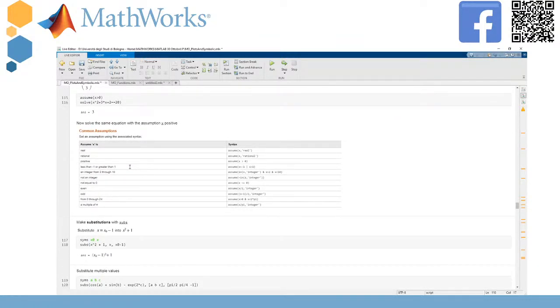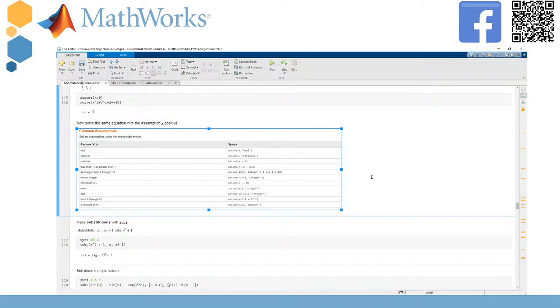Okay, so just for a brief in-depth analysis, we can see the common assumptions we can give to symbolic elements. This, of course, is always in the documentation if you want to study it better. But still, we can see that we can pass a lot of properties to the assume command. For instance, consider a real number, only even numbers, odd numbers, or also limit the domain from 0 to